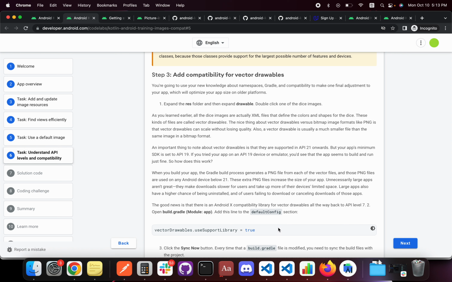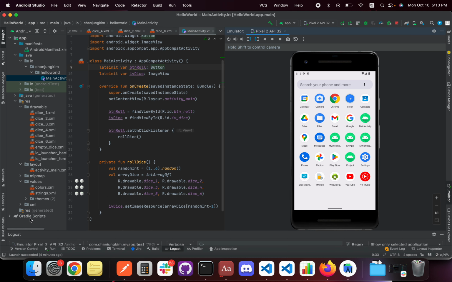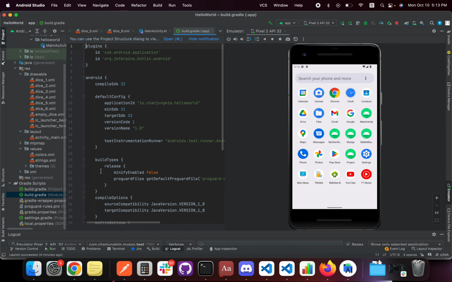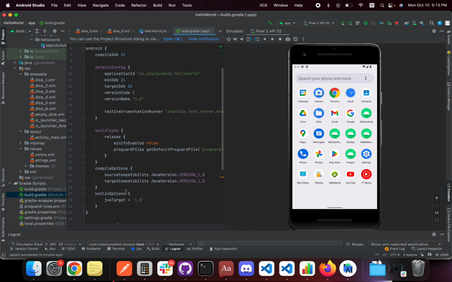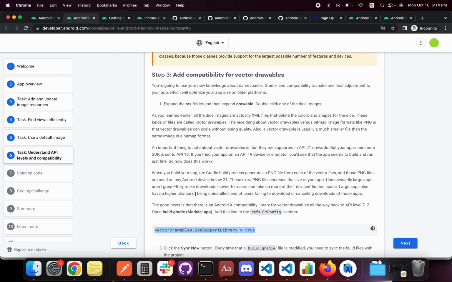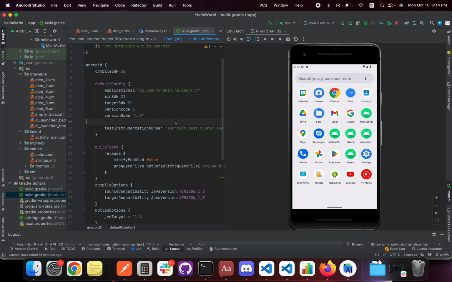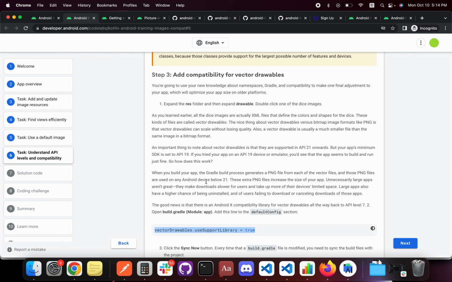What? I didn't know this. I didn't know this. But so use support library. Vector drawables use support library. The good news is that there is an Android X compatible library for vector drawables, all the way back to